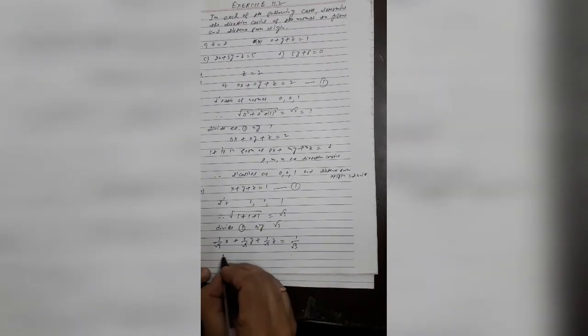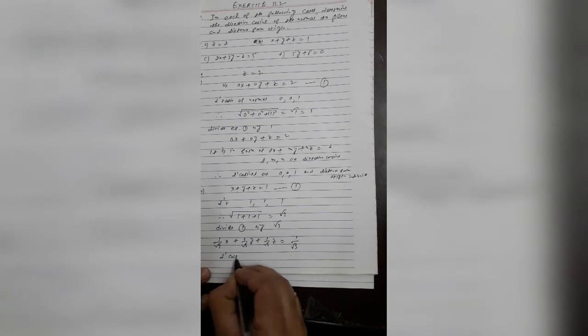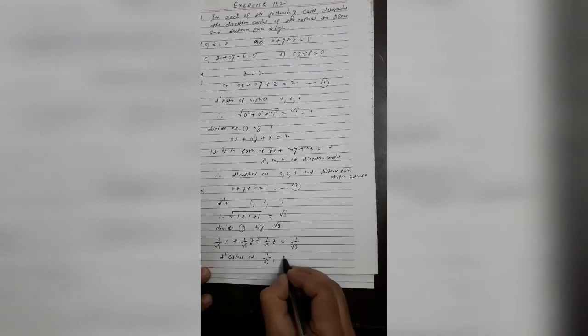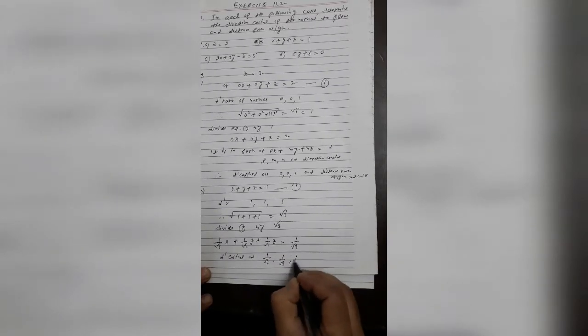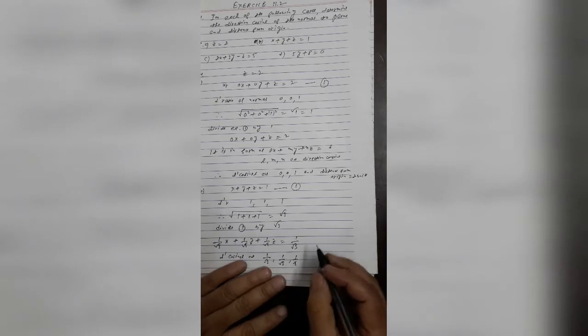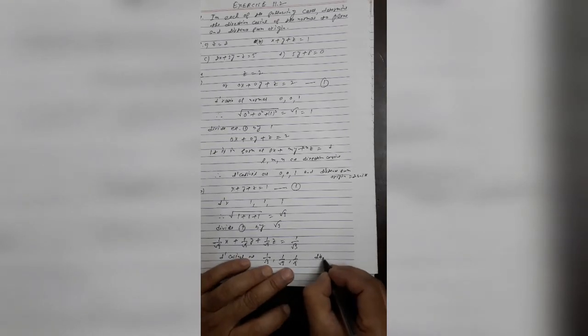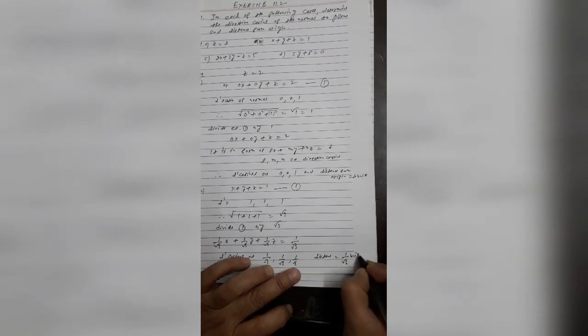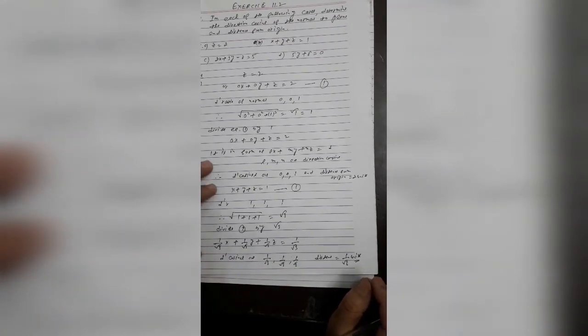So now what will you say? The direction cosines are 1 by root 3, 1 by root 3, 1 by root 3. And students, the distance from the origin is equal to 1 by root 3 units. So this is the basic method students. I have done two questions, that is the first part and second part of question number 1. C and D parts are the same. So try to solve these yourself.